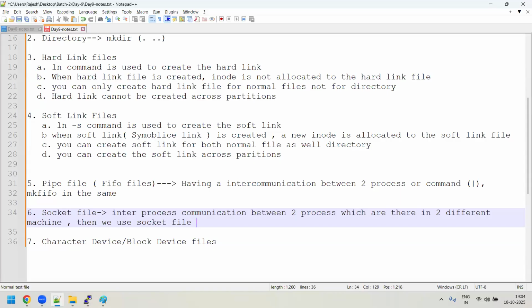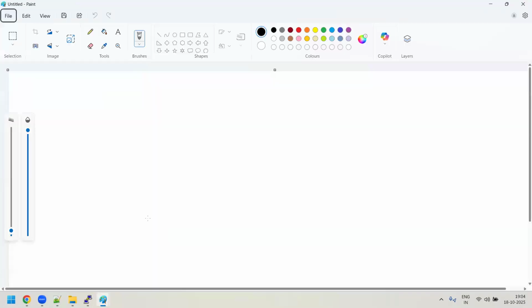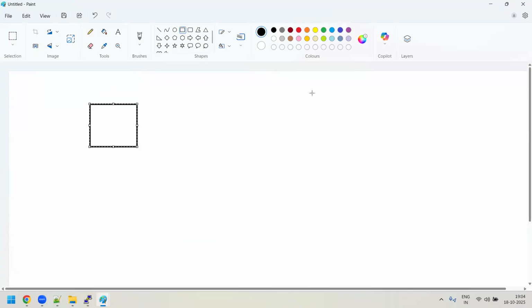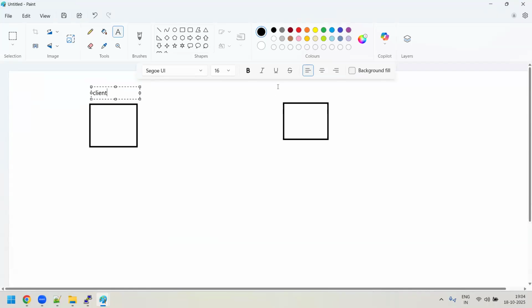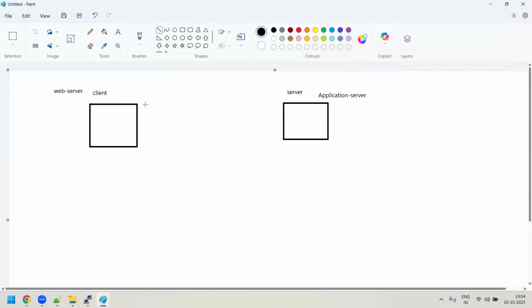So over the network, whenever there's a client and a server, whenever communication happens, it happens through the socket file only, like this. So these are two different processes, two different machines in the network. One is called a client and the other is called a server. Assume that this client is something like a web client, web server, and this server is called an application server. When these two machines want to communicate with each other over a line, like this is the communication line they have,